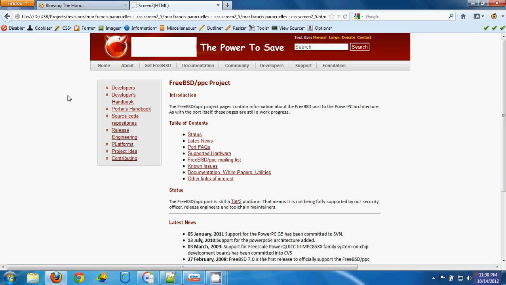Here is the output of my second HTML CSS assignment titled Screen 2. This is the header of the HTML document with a navigation here at the top and a search bar with a search button, and we can also find the main navigation composed of home, about, get free BSD, documentation, community,